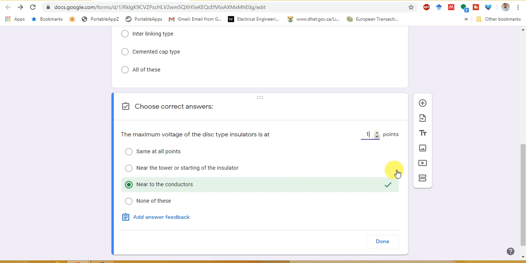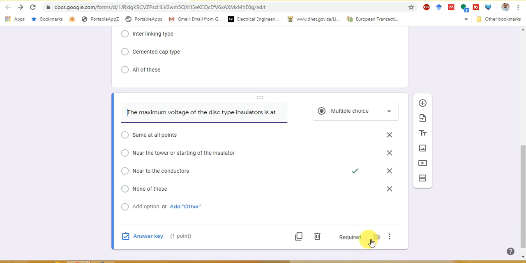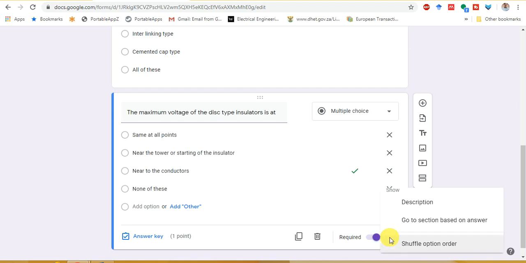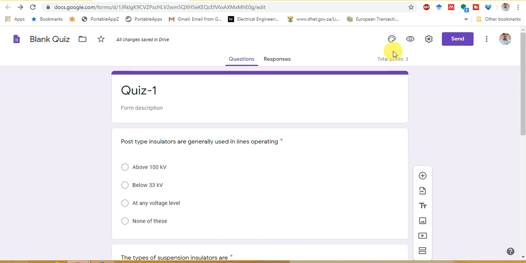This is also for 1 point, done, mandatory, and then shuffle option.